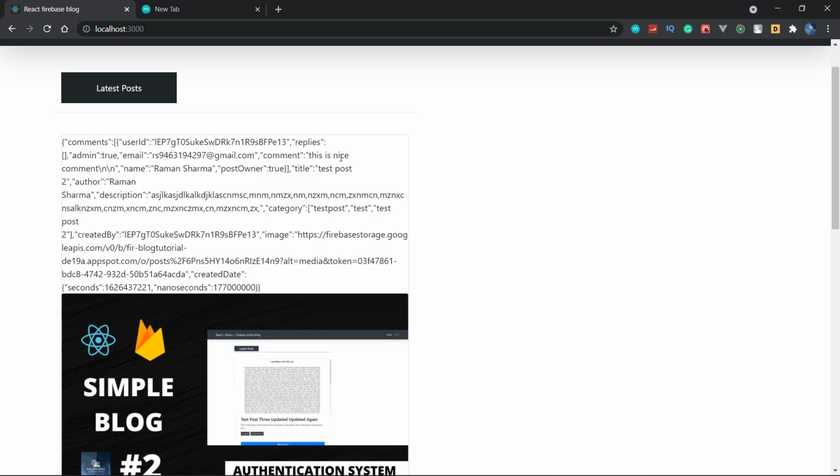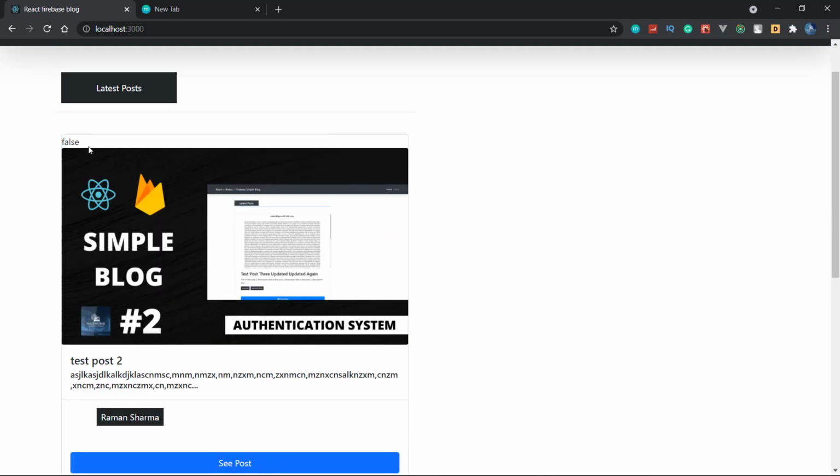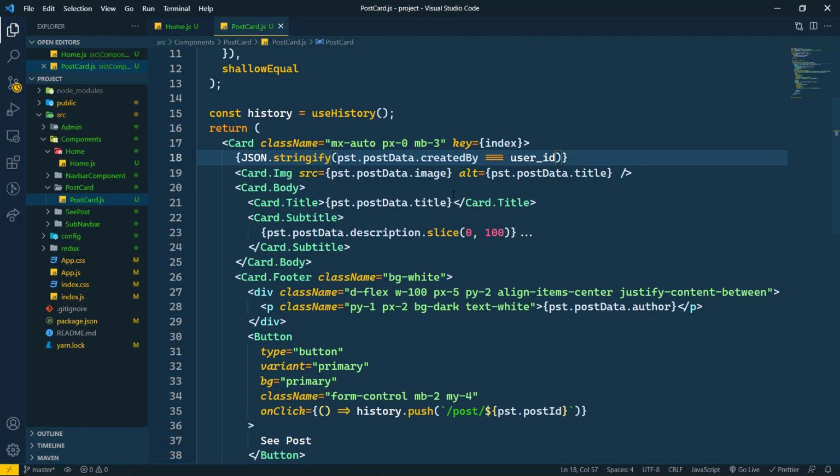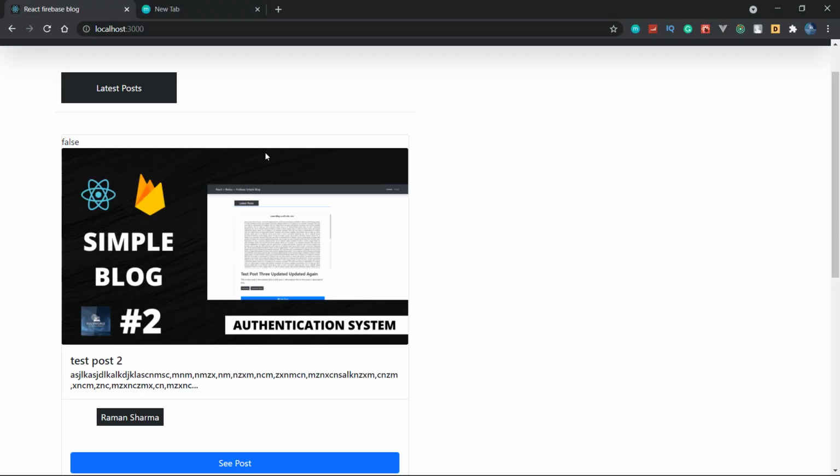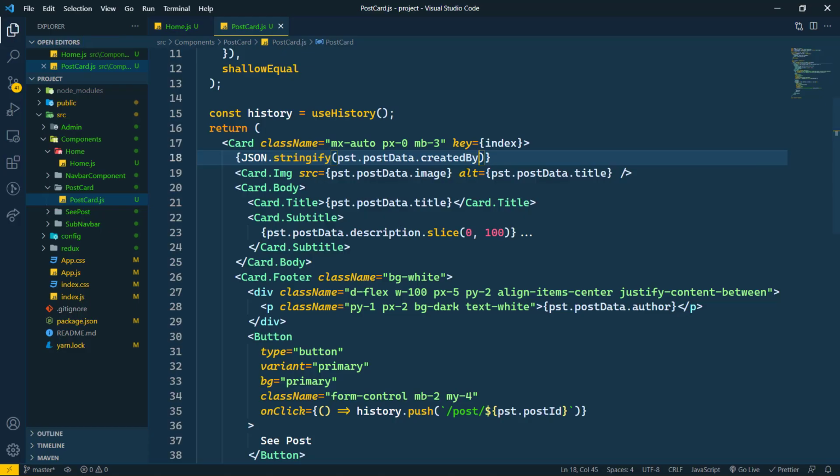So this should work. We are getting this as false here. Okay, so I'm trying to get the createdBy, so we should get the createdBy also. See that here we are getting this createdBy.